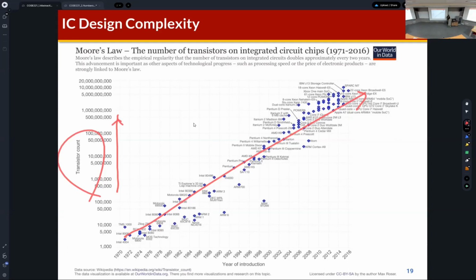Okay. But anyway, we need to learn the logic design. So I briefly review what we learned in the previous class. In the previous class, I briefly explained about the